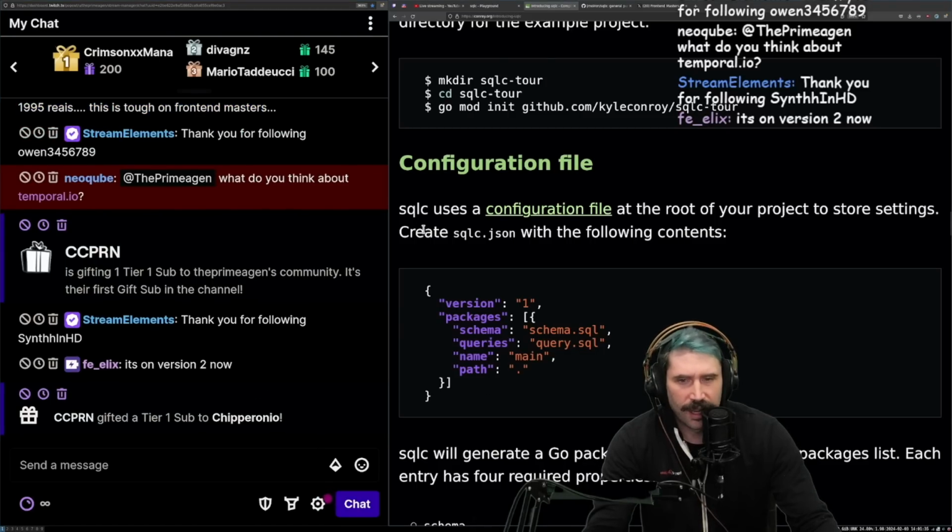All right, SQLc uses the configuration file at the root of your project to store